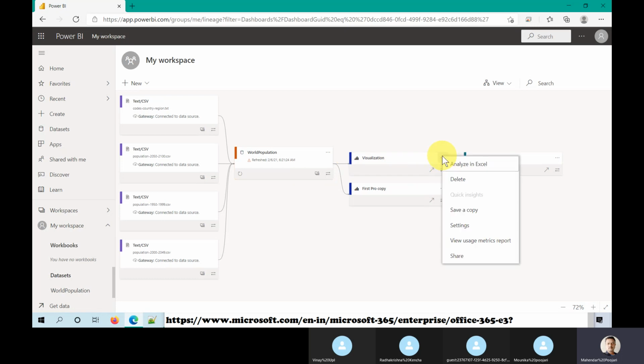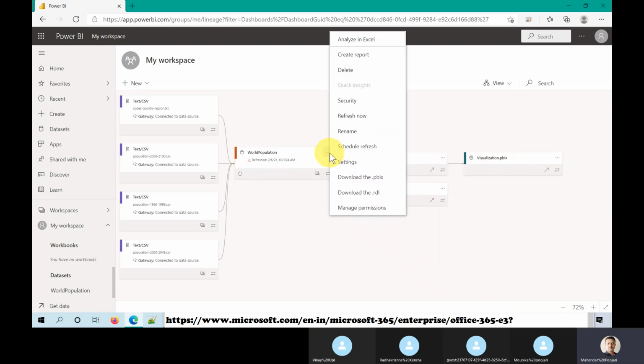If you click these three dots, you will come to know: analyze this report in Excel, delete, save a copy, settings, usage metrics for the report. Previously we saw the usage metrics for the dashboard, but now you can see the usage metrics for the report also. You can share this visualization or report with end users or your team. Multiple ways you can share, but this is one of the ways.